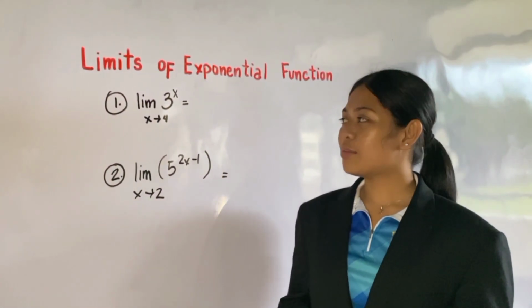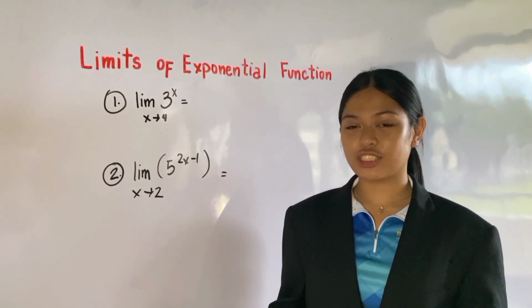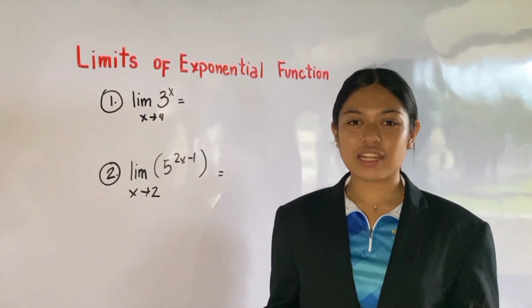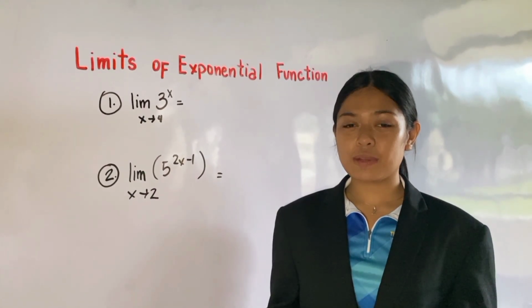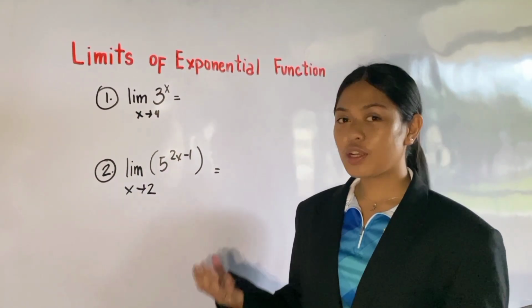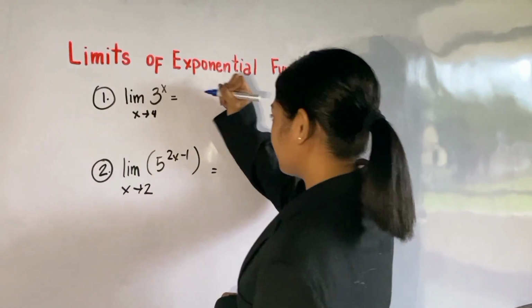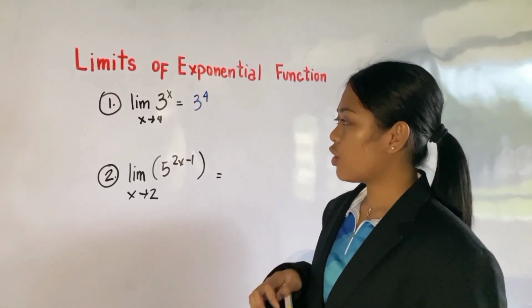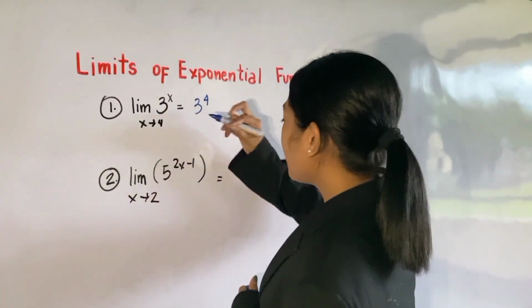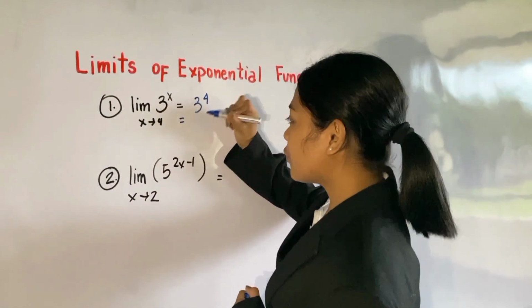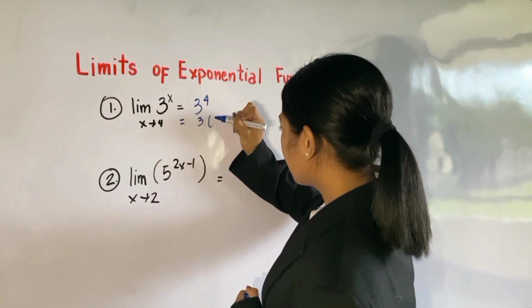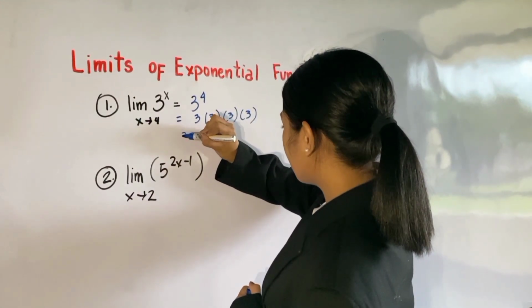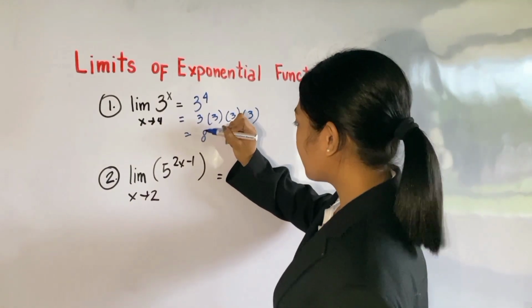Example number 1. The limit of 3 raised to x as x approaches 4. In this equation, we will apply direct substitution, which is directly replacing the variable in a function. So our equation would be 3 raised to 4, since our value of x here is 4. So our next step will be 3 raised to 4 will be 3